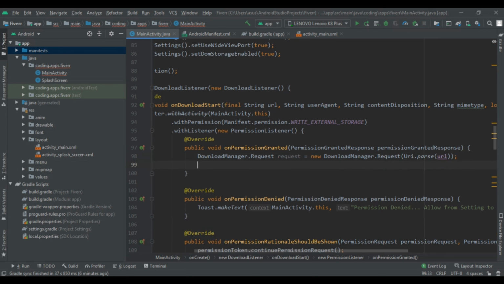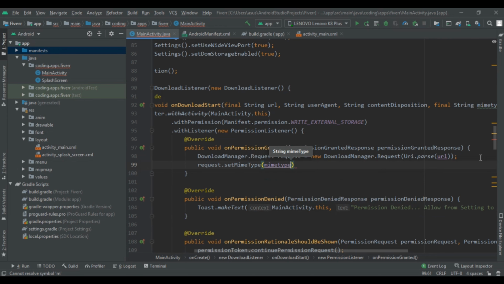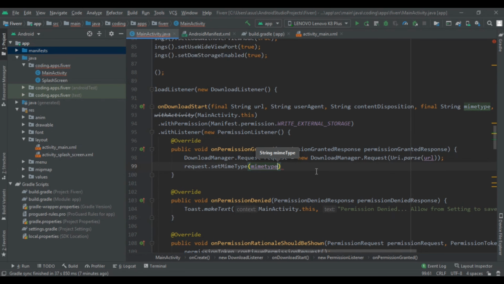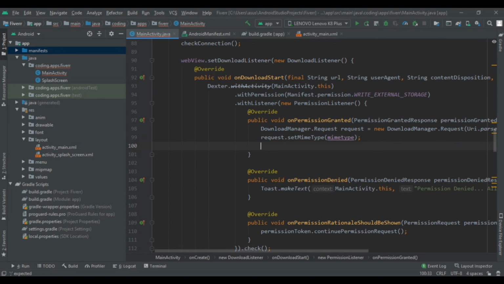Then we have to write request dot set mime type. So request dot set mime type to mimetype. This came from here, you can see it, which is our fourth parameter. Then we are going to close it and write one string for our cookies, so we can get the cookie.